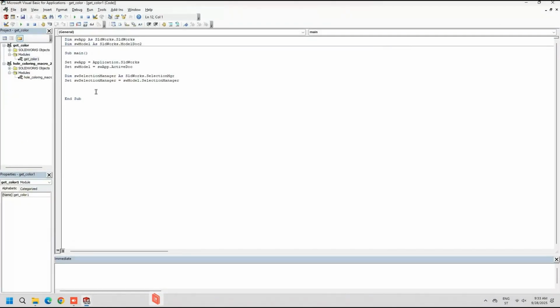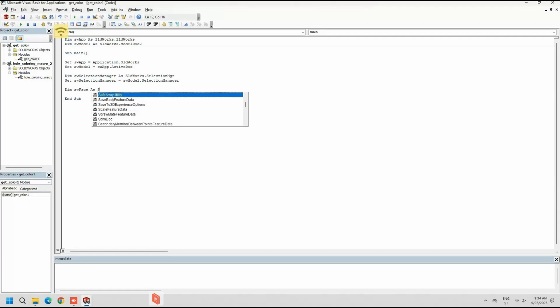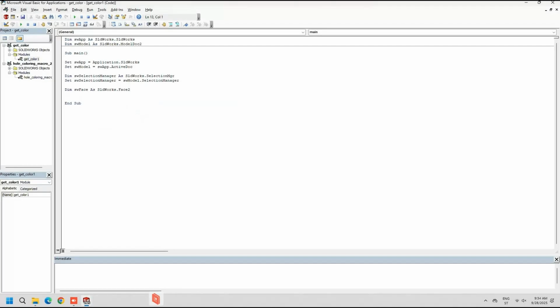But what we could do potentially here is check what the user selected. That would be a normal practice, not a best practice, but a normal practice. Check what did the user select. Did the user select something that we anticipated he would select? But we're not going to go into that here. So what we're just going to do is, here, make a face variable, and set that SV face equal to the SV selection manager dot GetSelectedObject6, and